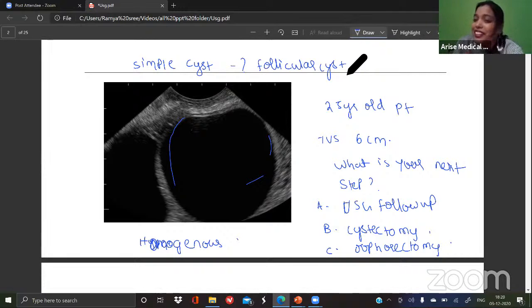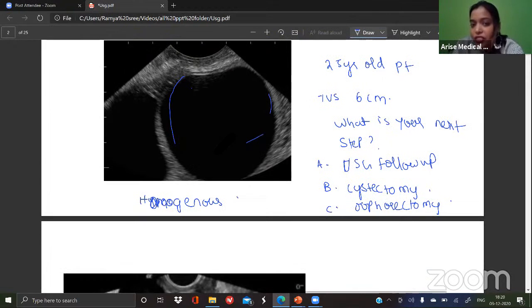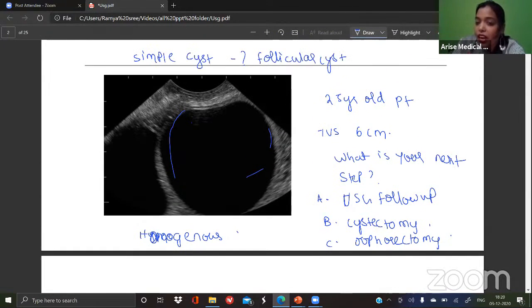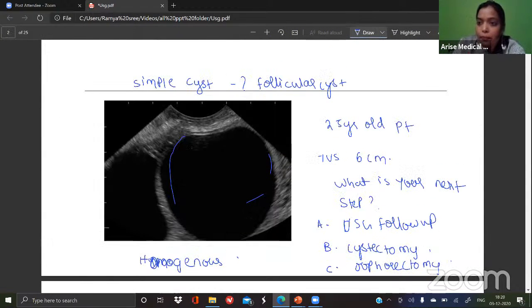Normally, follicular cysts regress by themselves. You don't require to give any treatment. Another way we could have solved this was, even if I didn't have this image. This image is supporting, but what are the points which were supporting and by which you had to answer this was,